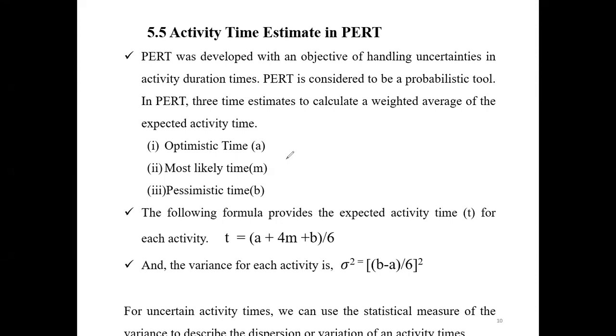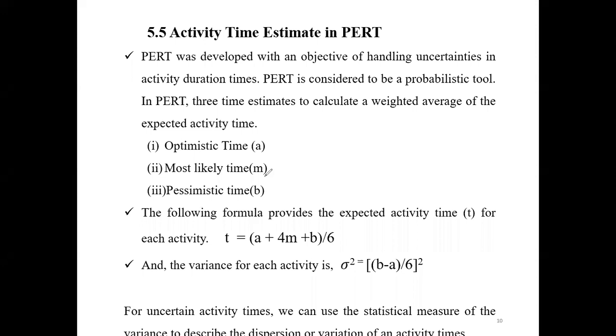For an activity, I will take the submission of the assignment as a simple example to understand. What is the most likely time? First let me explain the most likely time. Most likely time means normally the average time, the expected time. Average means in a normal condition, how long a certain activity needs for the submission of the presentation or group document. So under the normal situation, how long do you need to submit the project, that is, a group presentation topic or document?